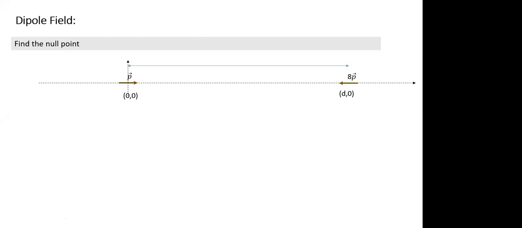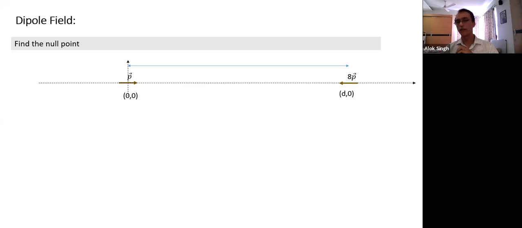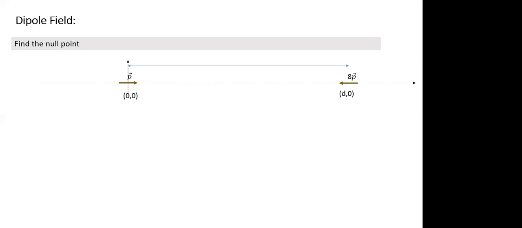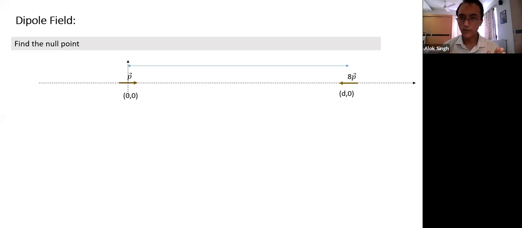It will be on the equatorial plane, right? See, if it is on the equatorial plane of one dipole, it cannot be on the equatorial plane of the other dipole. Both have separate equatorial planes. Both equatorial planes are parallel, but they are not the same, so there is no common point. If I place this particular charge along the same y-axis, then they will have a common equatorial plane, even if they point in the opposite direction. So there they could have had a null point. Here, the null point will occur only on the axis.